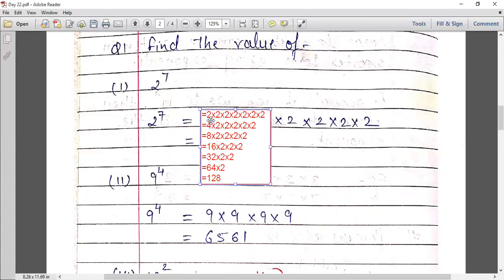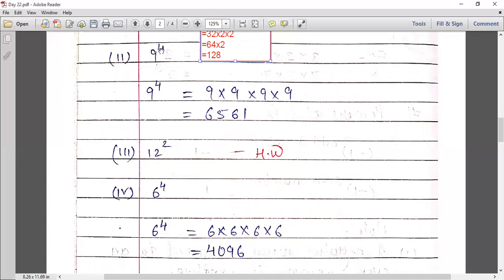in this box. So first 2 2's will be multiplied, 2 2's are 4, rest 5 2's will be repeated in the next step as it is. 4 2's are 8, rest 2's are repeated, 8 2's are 16, rest 2's are repeated, 16 2's are 32, rest 2's are repeated, 32 2's are 64, and 64 2's are 128. So for the rest of the parts also, as per your convenience, you can do it step by step or directly. I have done it directly in the rest of the parts.